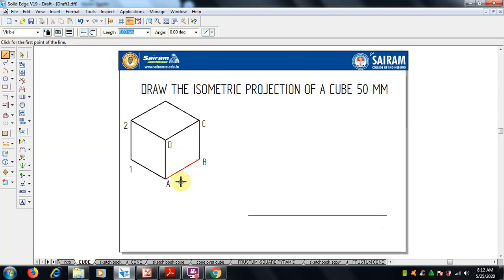Okay, and this side and this side, these are the two important ones: this is the front and side view, and this is the top. You can see the three views here, three-dimensional, all the front, side and top. You can see now all three planes we have to draw. So here select a line,